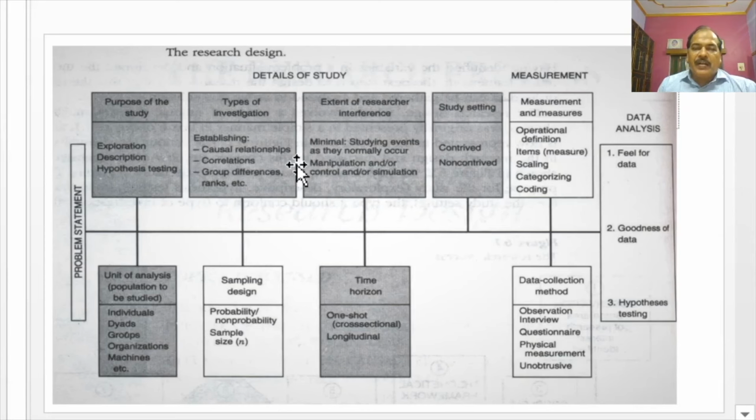If we are conducting the research in a natural setting, it means that the researcher or scientist has minimum control over the occurrence of the phenomena. While if we are conducting the study in a controlled setting, such as a lab experiment or any contrived situation, the researcher has maximum control over the occurrence of